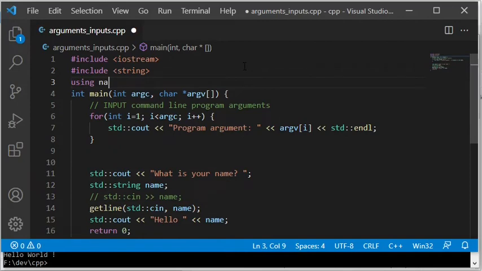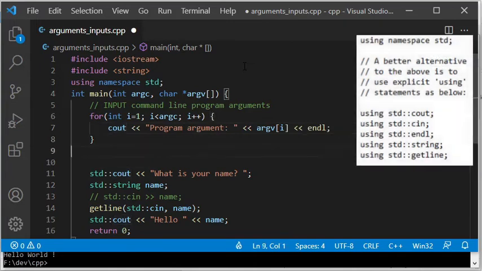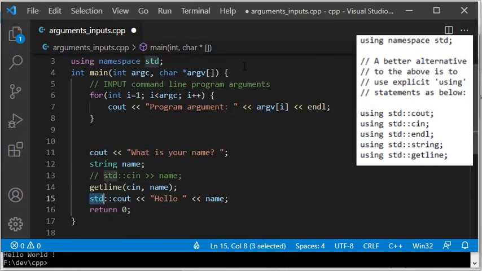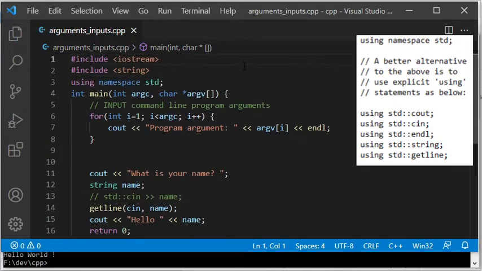Now I will remove all occurrences of the namespace std::, which does not change anything regarding how the program works, but my personal opinion is that the readability is reduced with all these std:: everywhere. However, you shouldn't really do using namespace std, as I do here, but rather a separate using for everything you want to use from the std namespace. You can see what I mean in the picture next to the source code, and you can of course pause the video here if you want.